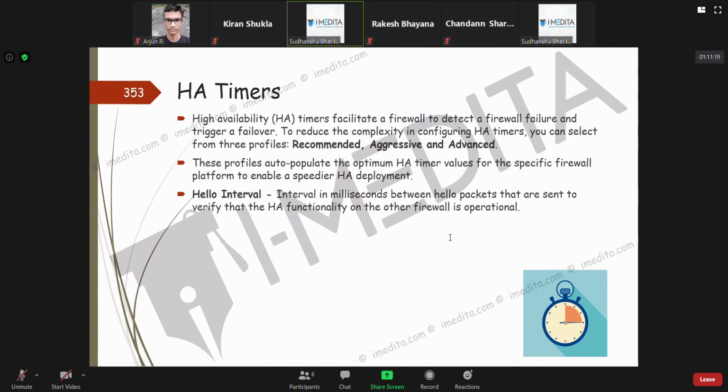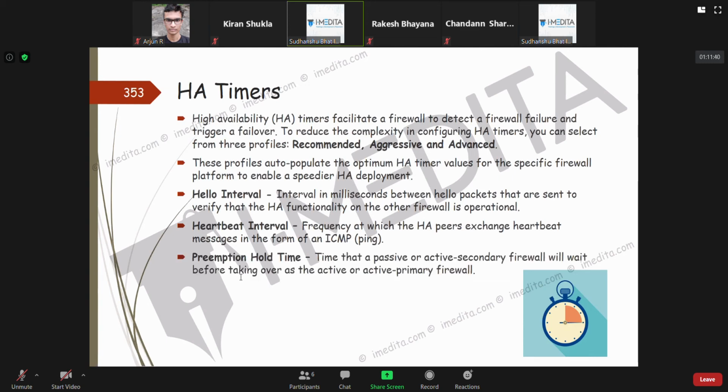One is hello interval, which decides how frequently you send hello packets, proprietary Palo Alto hello packets, to the other firewall. Another is heartbeat interval, how frequently we send ping. And then there is preemption hold time.